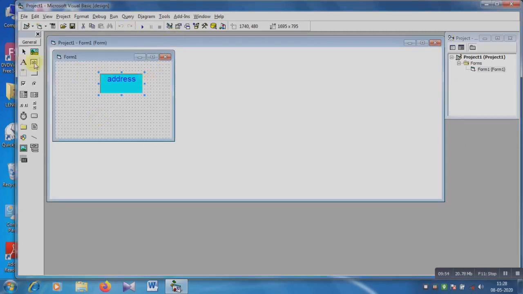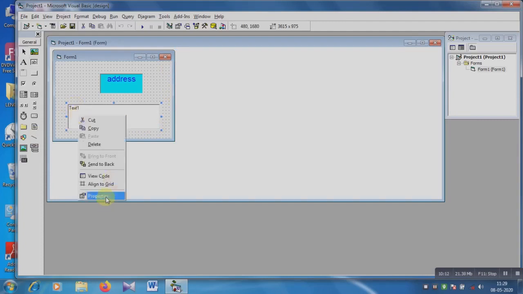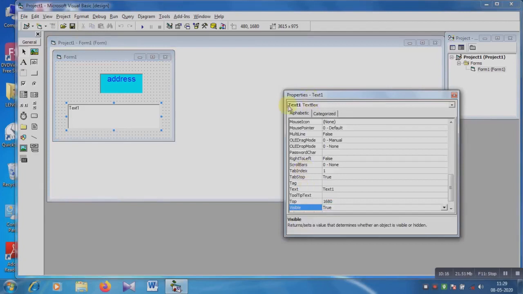Next one, now I will go to the text option. Okay, so now this is the text option. Click on it and here. Choose the properties as with the previous tool. Right click on it and choose the properties option.